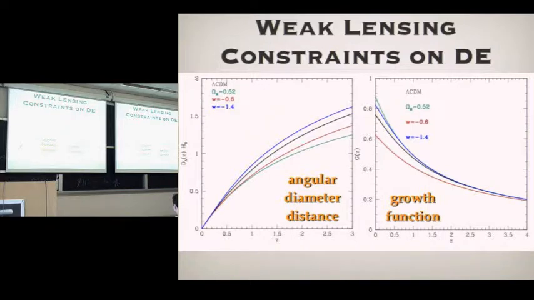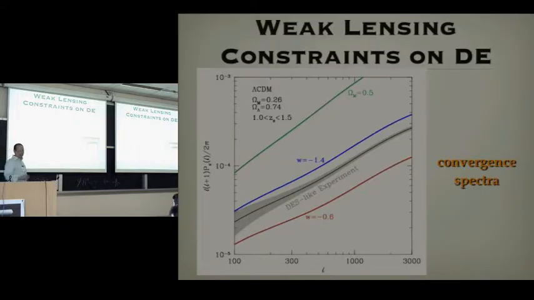But basically the idea, and I've taken some pretty wildly varying models here just to illustrate the point, is that when you have a lot of recent acceleration, the distance scale in the universe is dilated. So this is just angular diameter distance versus redshift. Likewise, when you have more matter, there's more structure growth at late times, normalized to the CMB at high z. And when you have less dark energy, or dark energy that turns on more slowly, you have less structure growth. And basically, a weak lensing power spectrum is measuring some combination of those effects. And that's how you are constraining these models.